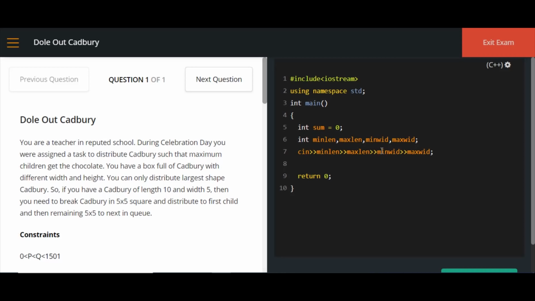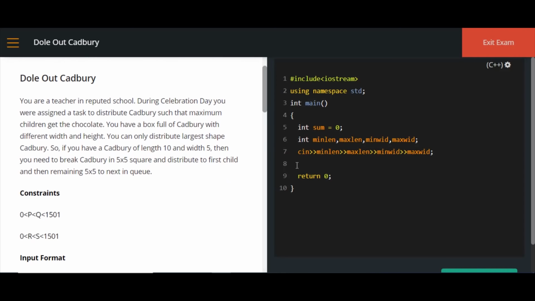Done. Now we'll have to check for the constraint. So you'll have to check if P and Q are less than or equal to 1501. Similarly, R and S are less than or equal to 1501. Let's quickly do that. How will you check it? If 0 is less than min length is less than 1501, and the same thing, we'll simply copy paste it here.